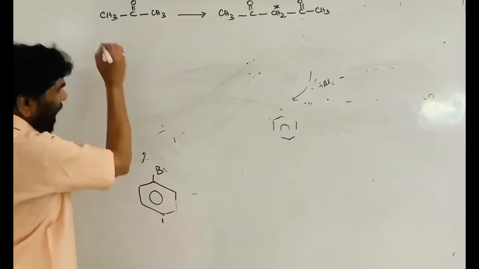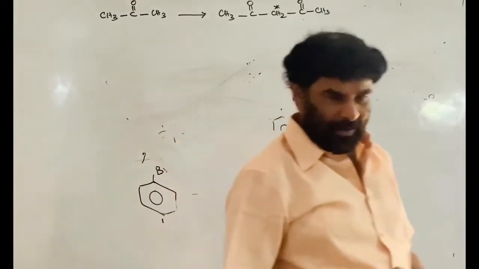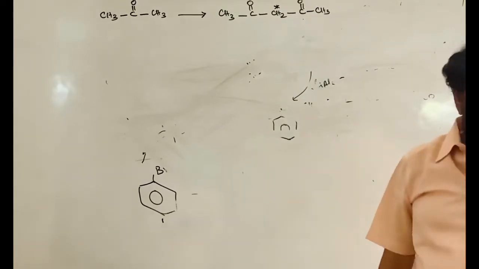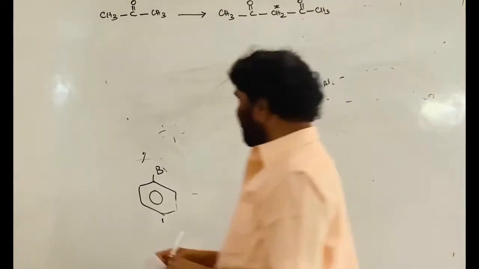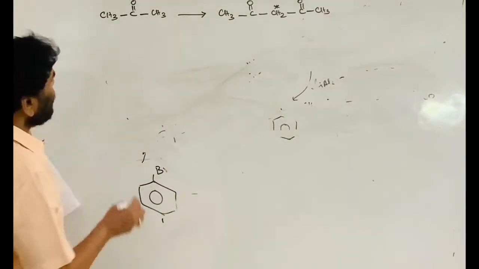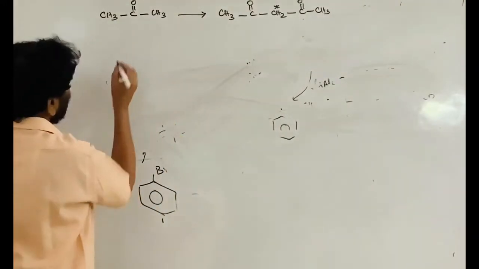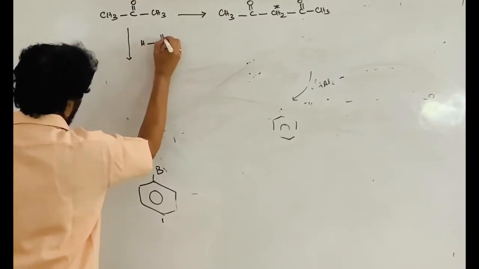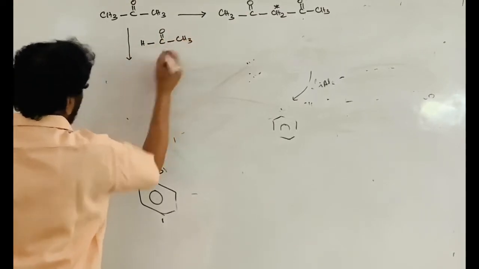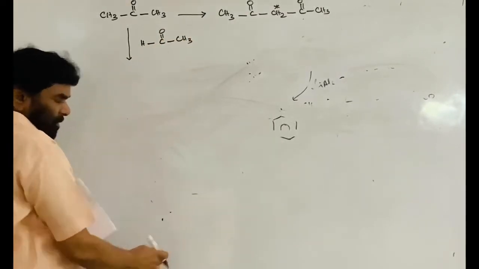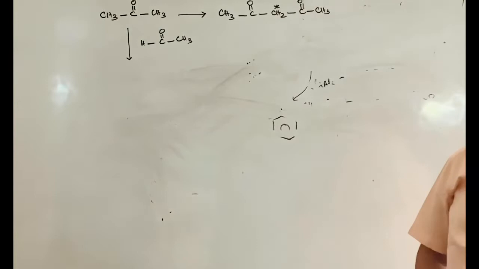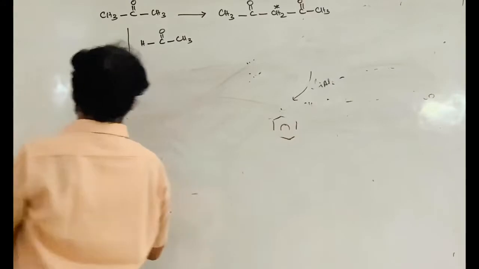See, to increase the number of carbon atoms there are a limited number of reactions. One of the reactions is aldol condensation. The other is the Wurtz reaction. See here, what we have to do is carry out the mixed aldol condensation. You know, if at least two different carbonyl compounds are treated with a base, that reaction is called the mixed aldol condensation.